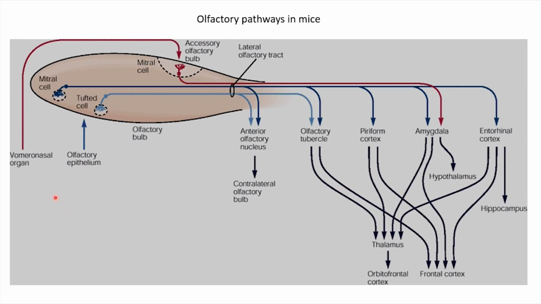In the case of mice, there is also an additional sensory organ known as the vomeronasal organ, in addition to the olfactory epithelium. And the sensory neurons from the vomeronasal organ go to a region called the accessory olfactory bulb. So this is like the olfactory bulb, but it gets sensory neurons only from the vomeronasal organ, not the main nose. And the vomeronasal organ also expresses olfactory sensory neurons containing olfactory receptors, but these receptors are specialized for detecting